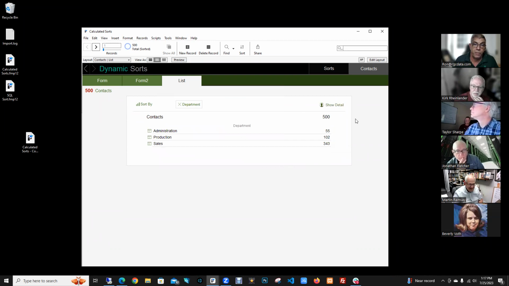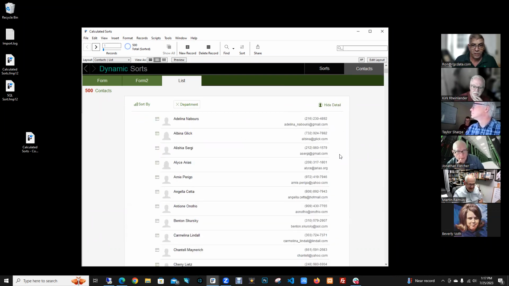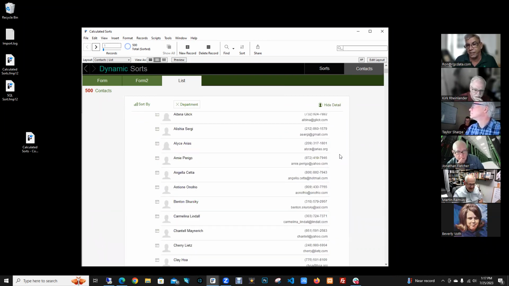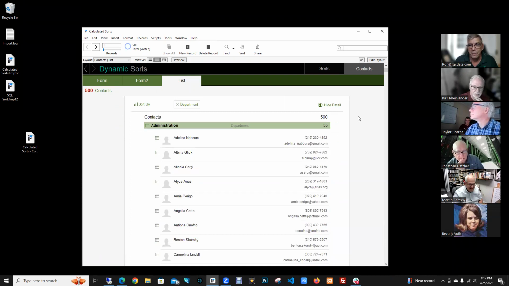So you can basically build your sort however you want to build it. I mean, the variations are pretty much limitless, you know what I mean? It's really nice. But again,